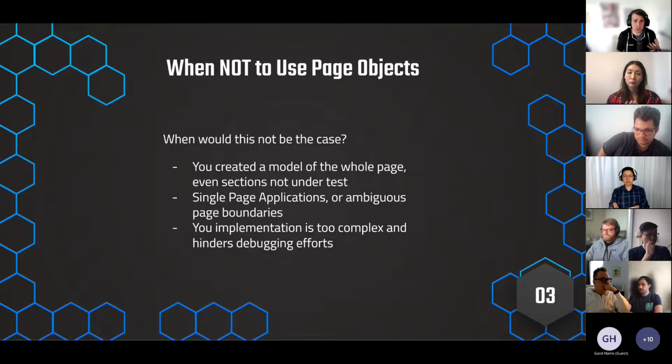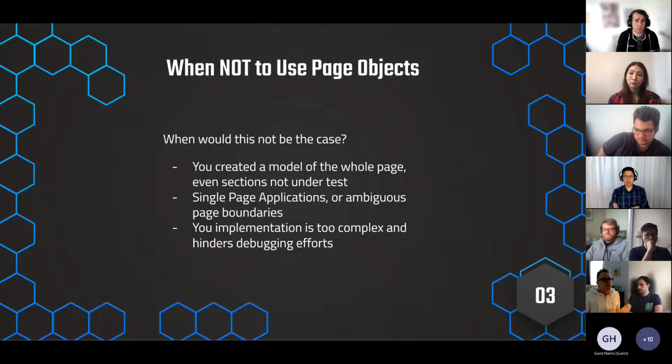Single page application. So maybe you're trying to force a complexity when it doesn't quite fit your use case. A lot of the web apps that we use these days are single page applications. They have ambiguous page boundaries. Is this the same page? Is everything one page? Do I have multiple object models? Do I have one big one that's hierarchical and digs all the way down between all the elements? So make sure it fits your use case when you're adding this, and don't just do it for the sake